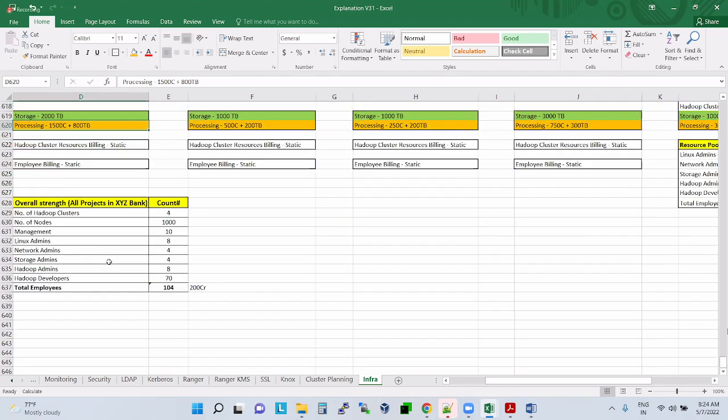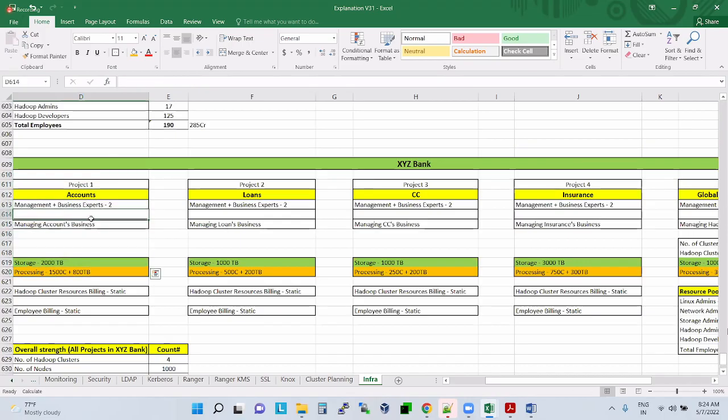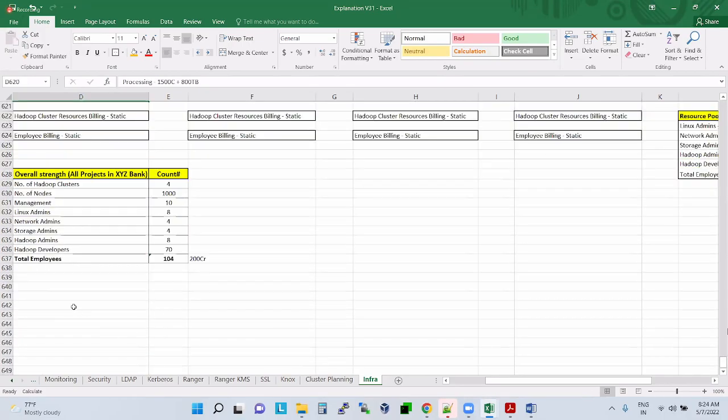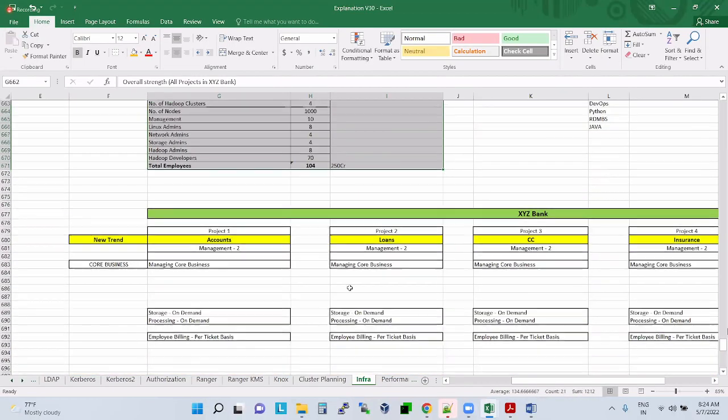So now what is the next step? Projects still want to reduce the cost. That is the reason for what they are planning now.